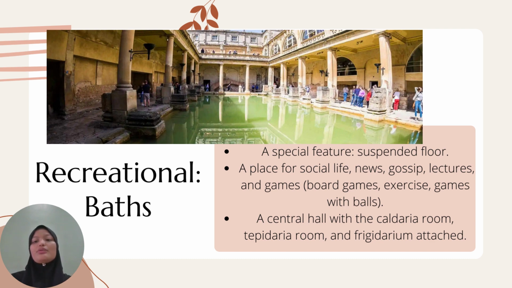Baths were arranged with a central hall with the Caldaria room, Tepidaria room, and Frigidarium attached. Several other services were available at baths, ranging from barbers, manicurists, shampooers, and oil anointers. There was usually an open garden adjoining the bath and a running track and seats for spectators. Other adjoining structures contained lecture rooms, shops, and housing for the many slaves who staffed the bath. The city contained most of the baths, but baths were also constructed in Pompeii, North Africa, Germany, and England.